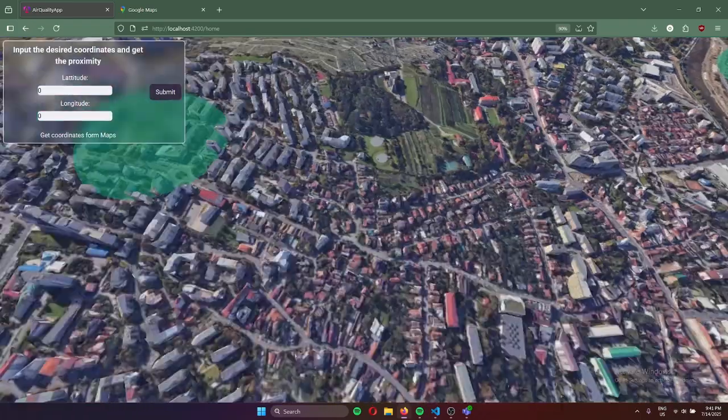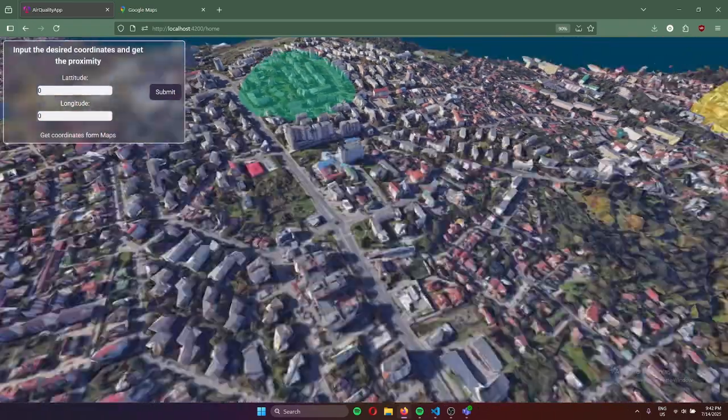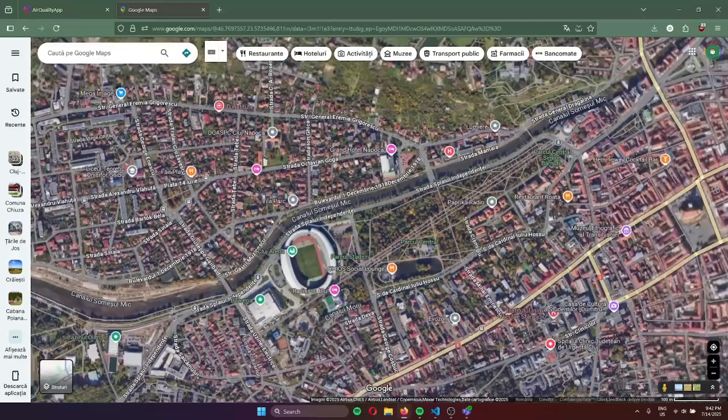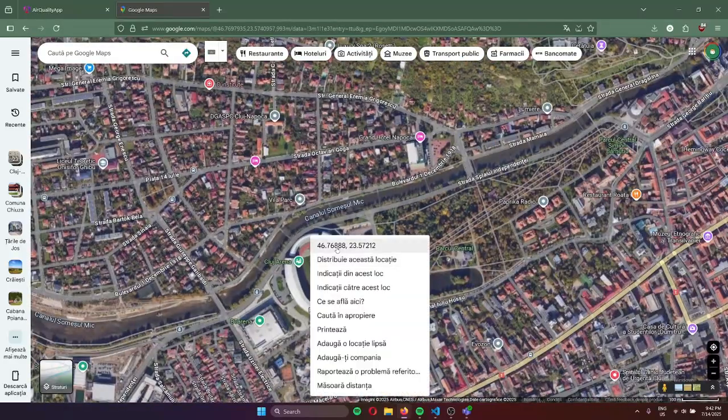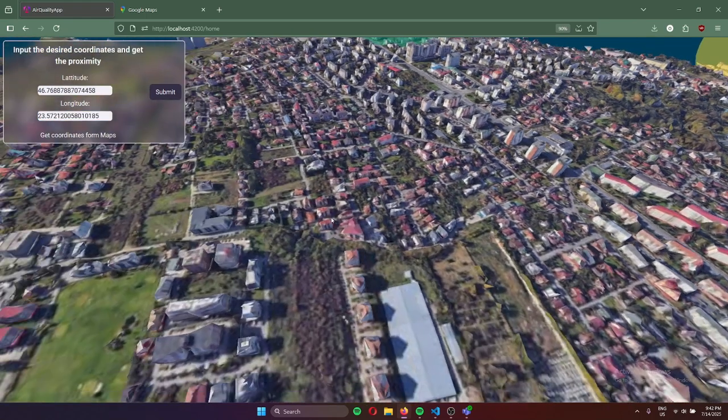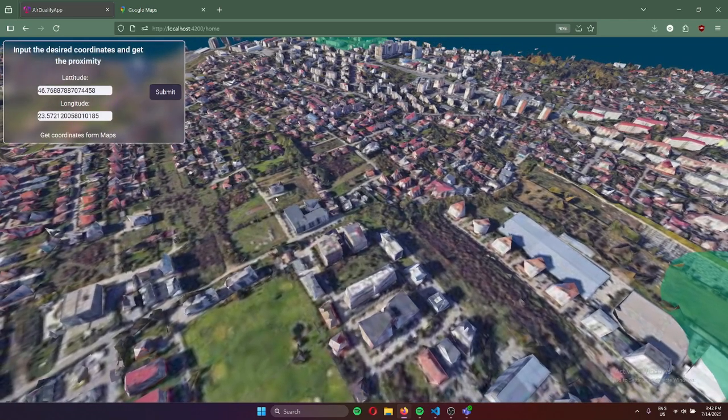Besides the navigation of the map, the user is also able to input coordinates from Google Maps or any other software that provides geographical coordinates. He can paste them and input the latitude and longitude of the desired input. For this time we chose the middle of the stadium. And whenever the user clicks submit,